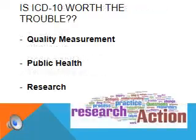Is ICD-10 worth the trouble? Many people ask that all the time, so let's talk about that. Quality measurement. ICD-10 offers greater detail and increased ability to accommodate new technologies and procedures. The codes have the potential to provide better data for evaluating and improving the quality of patient care. So patient care is top priority in any healthcare professional's job. That's the most important thing. So you want to make sure they get the best care possible. And having new and improved and more specific codes should make patient safety, patient care, everything for